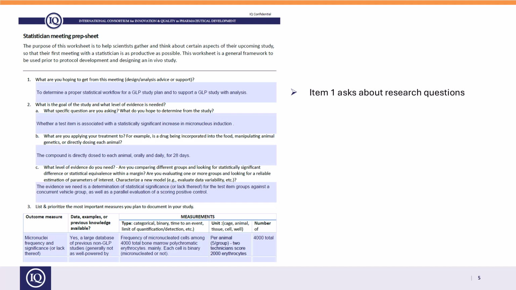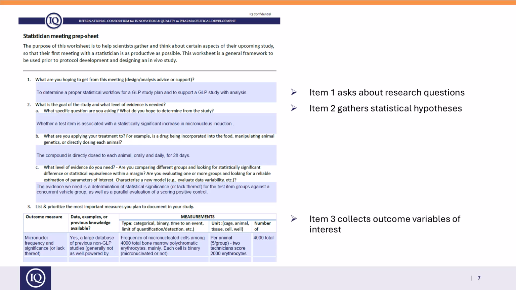In this example, we'll focus on a few key questions on the prep sheet. For instance, item 1 asks about the research questions, whereas item 2 gathers information about the statistical hypothesis. Item 3 asks for information about the most important outcome variables that will be collected during the study. There are only a few rows in this table on purpose. Not all measures used in the study will be listed here. You need to prioritize the list of measures that are most likely to tell you if your treatment had an